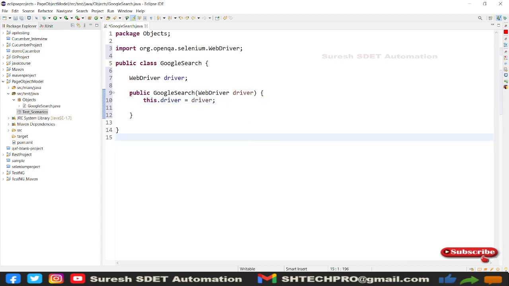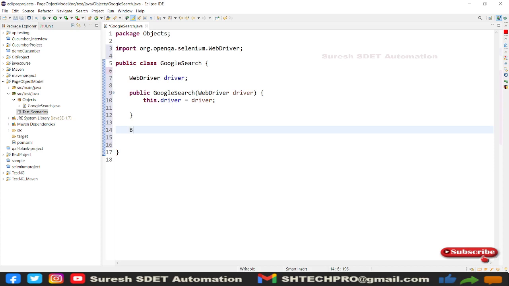So whenever you are calling this method, or this Google search, as soon as you call Google search dot something, that object is referring to the driver. So the page driver is mapping to the driver of this complete page's elements, right? This is the foremost important thing when you are working with a page object model pattern. And from now we will begin our actual locators finding. This is the precondition to set up in your page object model pattern.